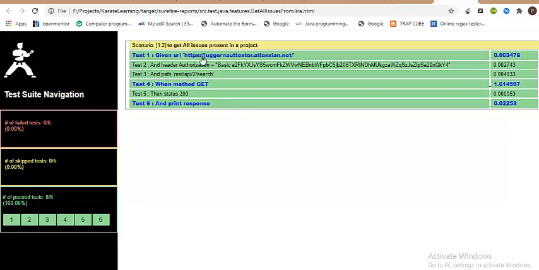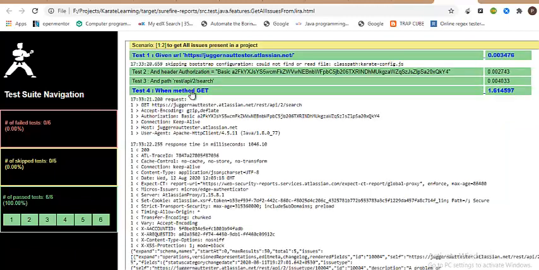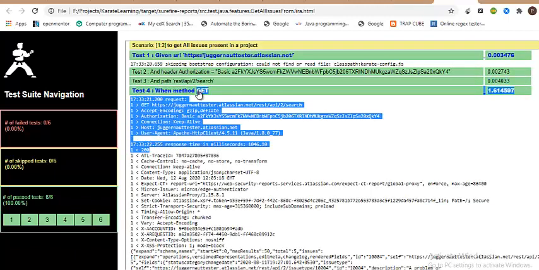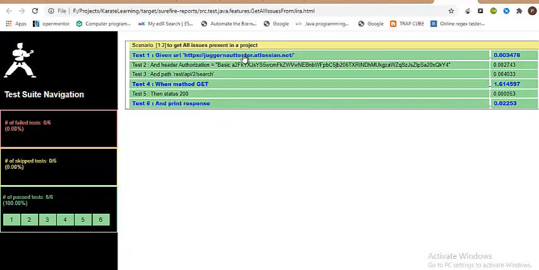You can also see each step has its own explanation, what the response is that we have got, how much time it has taken, and whether it passed or failed. If something has failed, you would notice a step in red color, so that you understand where it failed, and that way it works better.